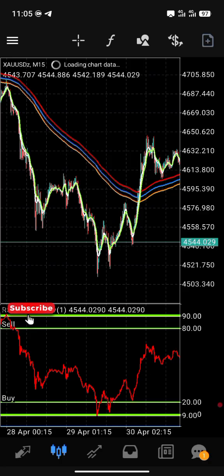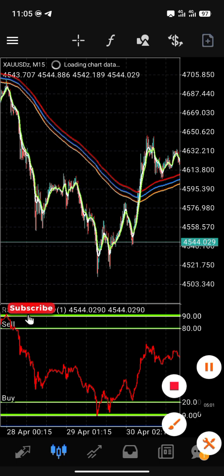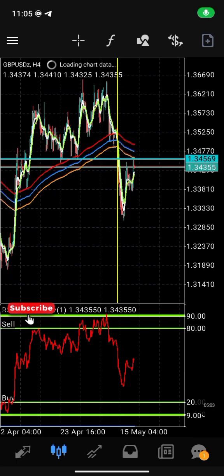Let me show you one more on, I think, GBPUSD. The same method applies for the buys as well, but the buys are just far into the chart, and I'm trying to practicalize it on the lower time frame like I do trade. So right here we have a break